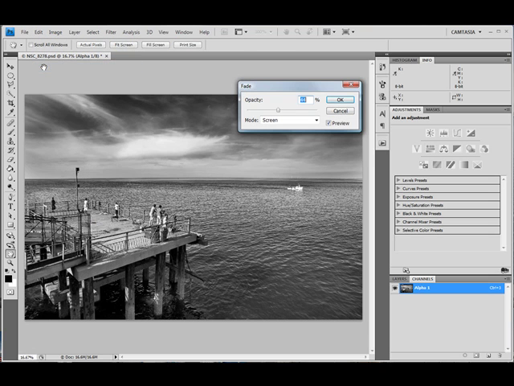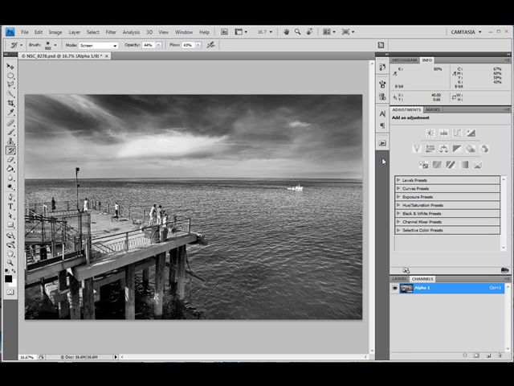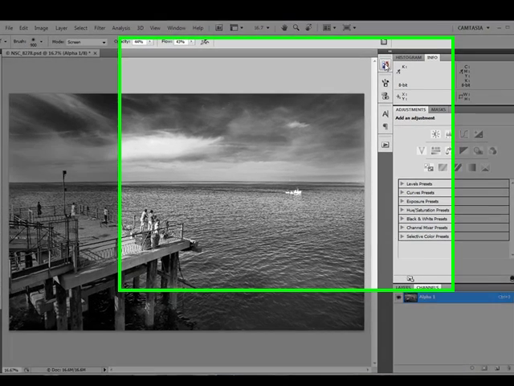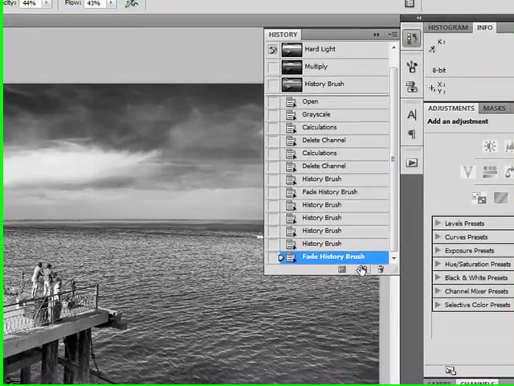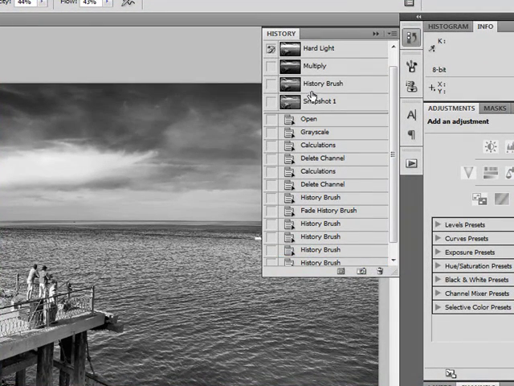So now we've got the fade history brush. It's telling us we're in screen. We've got our opacity slider to play with, so you can brighten things up, slide it to your right. And you can take it down. I think that'll be fine, really. Nice and bright, not too bright. Let's take a snap. So a little camera icon, you've snapped it, rename it. I mean, you don't have to rename it once you get into this, but just when you're starting with history,